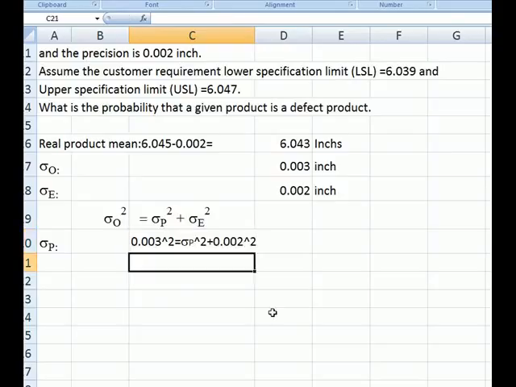So we plug in those numbers and then we solve for sigma p. Now sigma p equals, we use Excel square